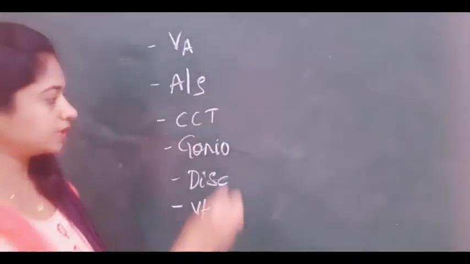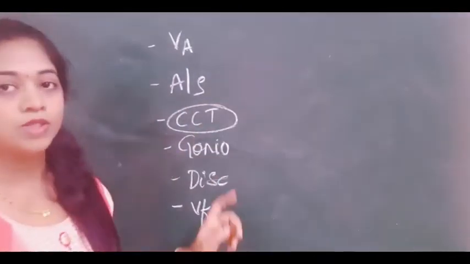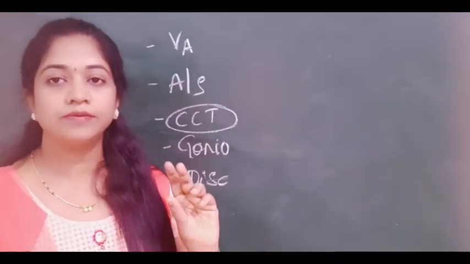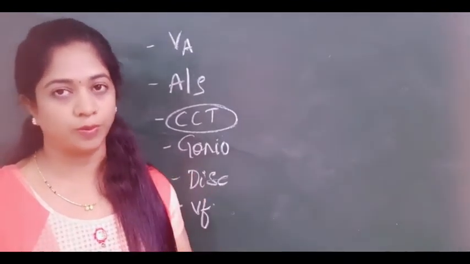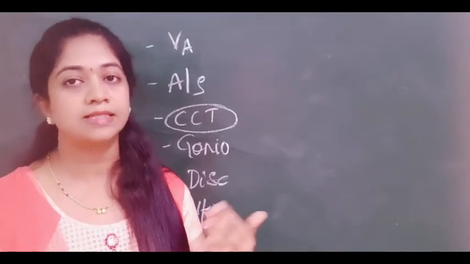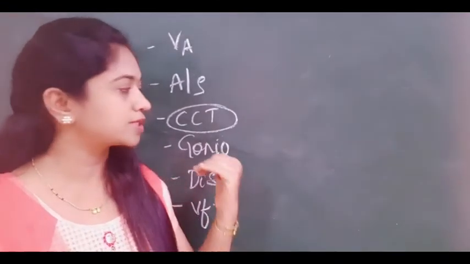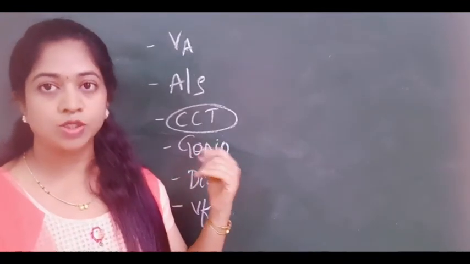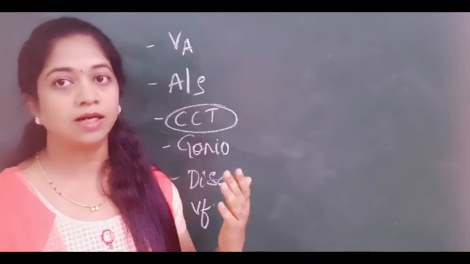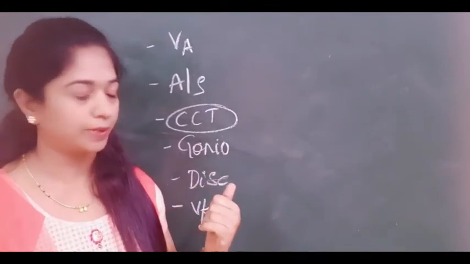One more important thing is the central corneal thickness. This is very important here because a thin cornea usually will give a false low IOP. So you may diagnose a case of POAG as normal tension glaucoma if you miss this central corneal thickness. So measure the central corneal thickness, and if it is thin, give the necessary correction and calculate the normal IOP.